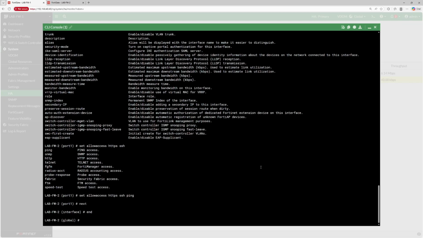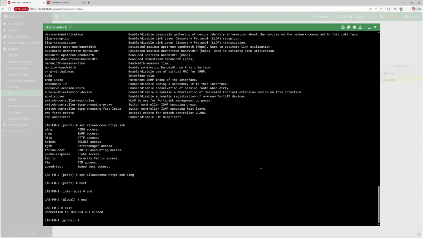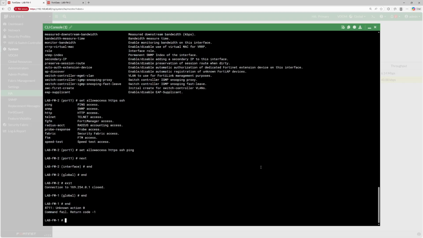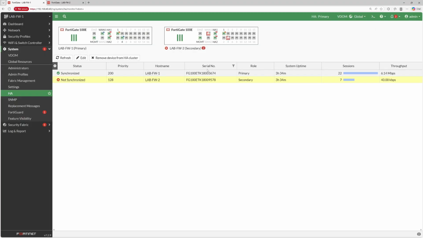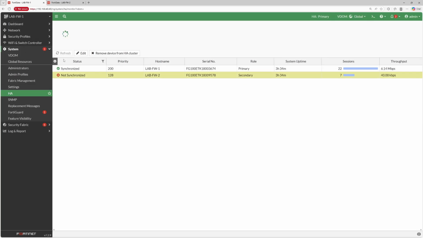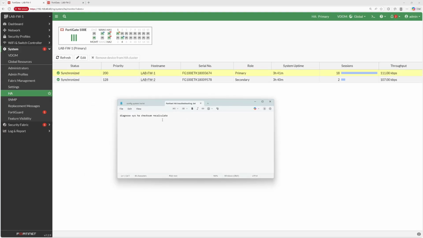And we're going to just say end here and exit. That gets us back out to the other one, and end, and we can just kill those sessions. Let's refresh, and that recalculate, that diagnose sys ha checksum recalculate, actually fixed all of that